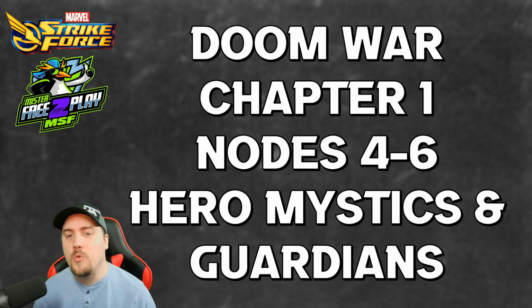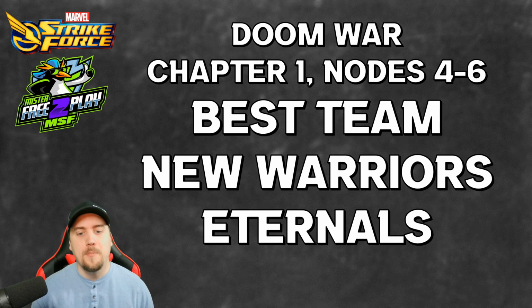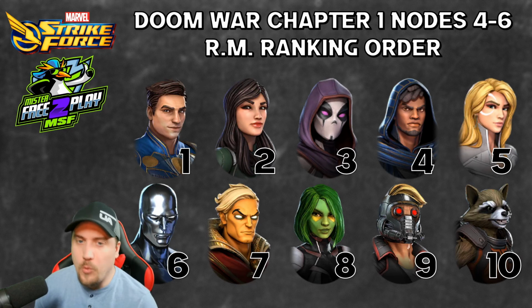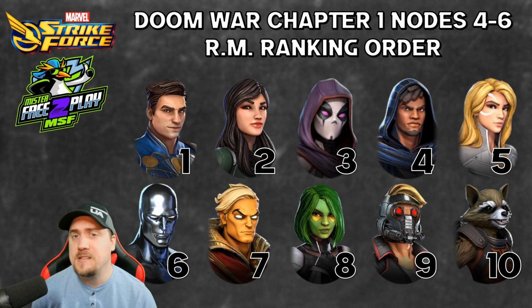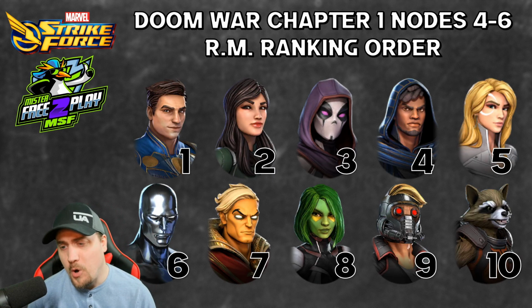Moving on to Doom War Chapter 1, Nodes 4 through 6. This is Hero, Mystic, and Guardians. The best team to use, our complete team of 5, is going to be New Warriors and Eternals. The ranking order works like this: Icarus and Cersei 1 and 2, then New Warriors, Deathpool, Cloak, and Dagger 3, 4, and 5. Then Surfer at 6, Adam Warlock at 7, Gamora at 8,